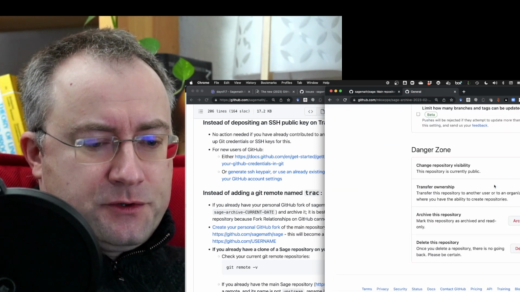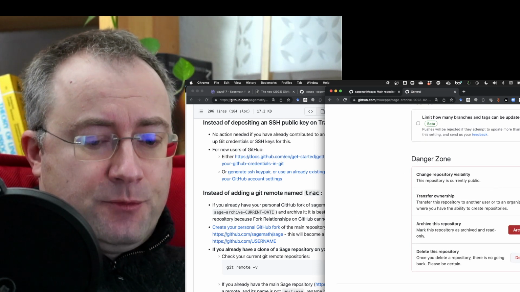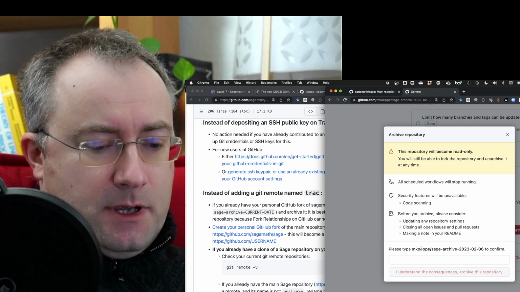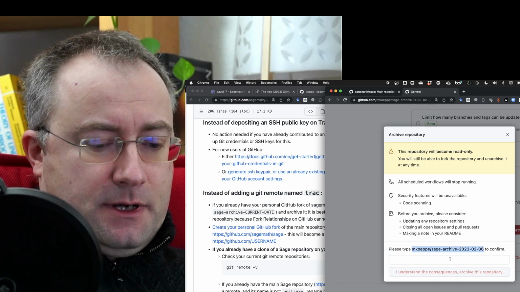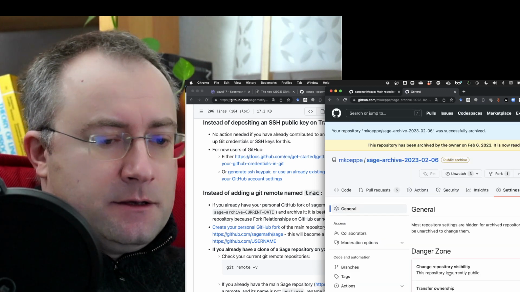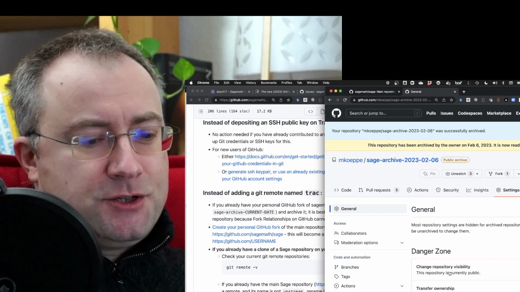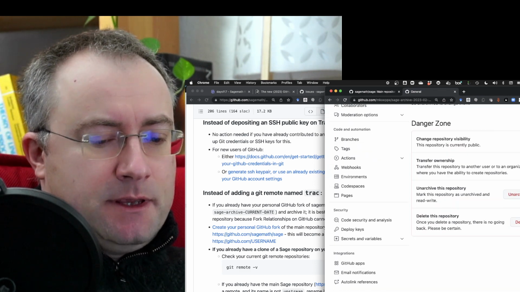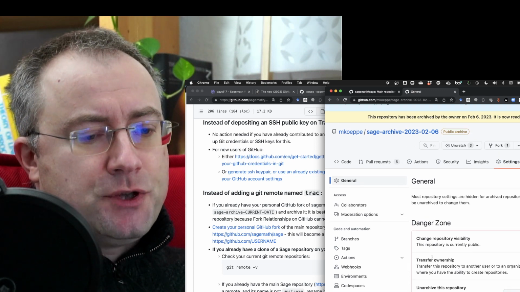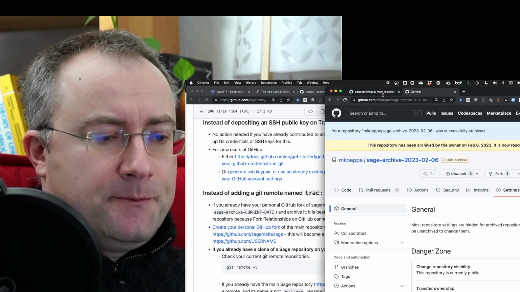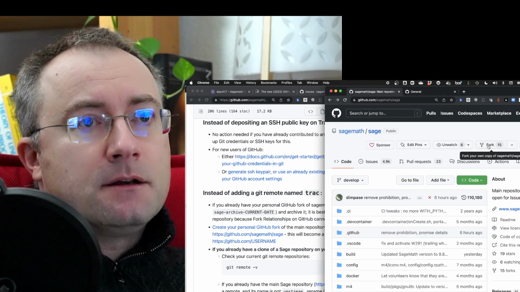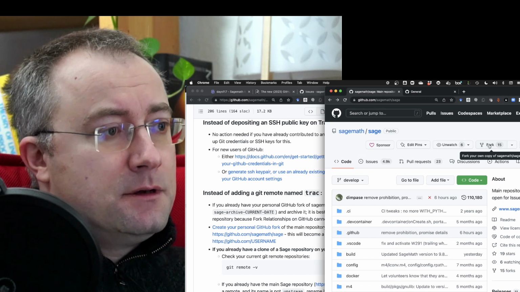So I will also archive this repository just so I remember I shouldn't use it anymore. And so here, just copy paste this one, I archive it, so now I know I shouldn't touch it anymore. If there were any branches on there that were valuable, I can later on just push them to the new fork. Okay, so let's go back to this one here, and so we can go to the top and push